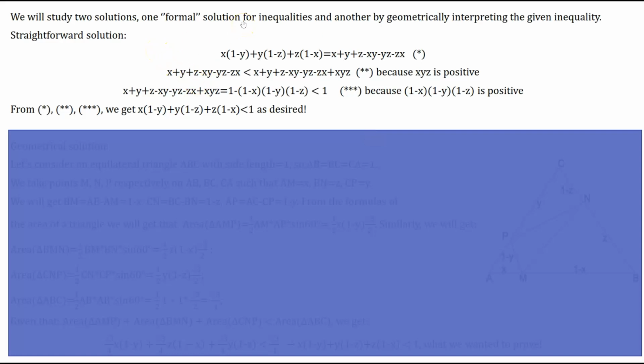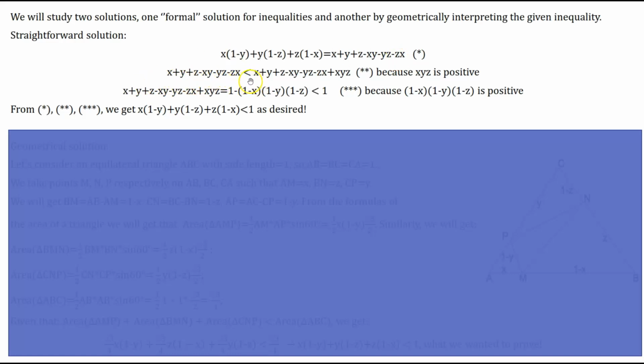We, first of all, will expand everything that is given to us on the left-hand side of the problem. So x times (1 minus y) plus y times (1 minus z) plus z times (1 minus x). We expand everything and we have x plus y plus z minus xy minus yz minus zx. This we will call the first expression, asterisk or expression number 1. Now, we have that this given expression